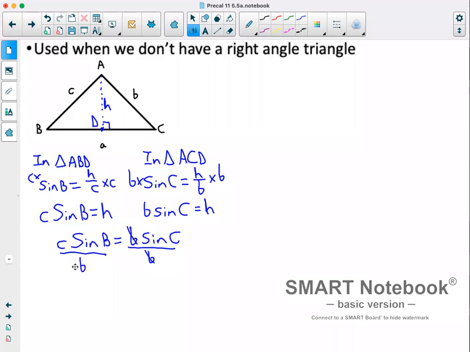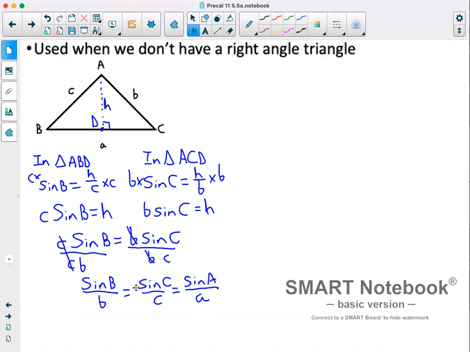We'll then divide both sides by C. That cancels out the C's on this side. So that gives us sine of B over B equals sine of C over C, which is essentially our sine law,